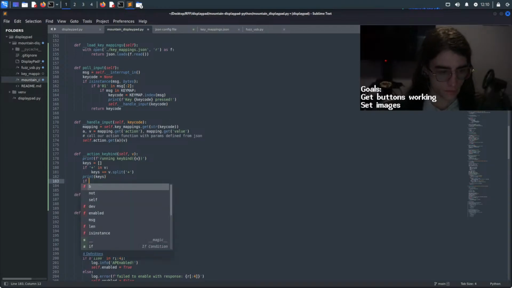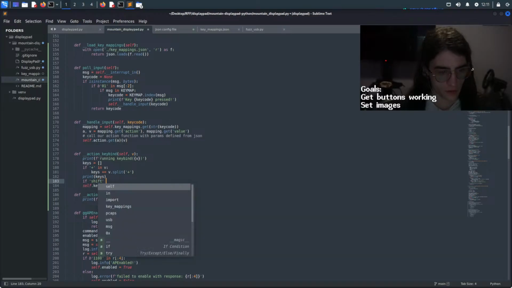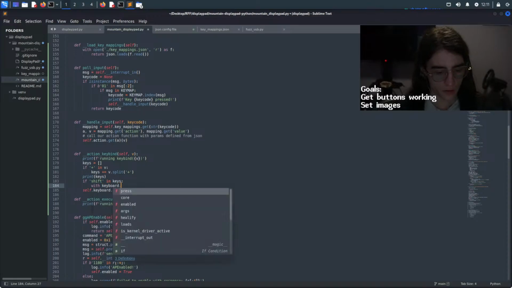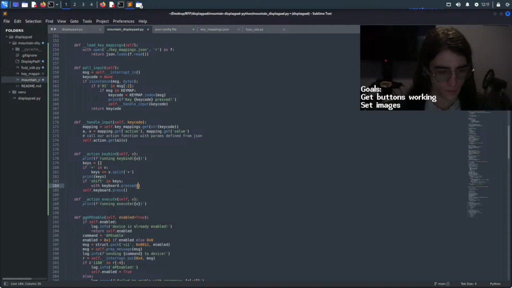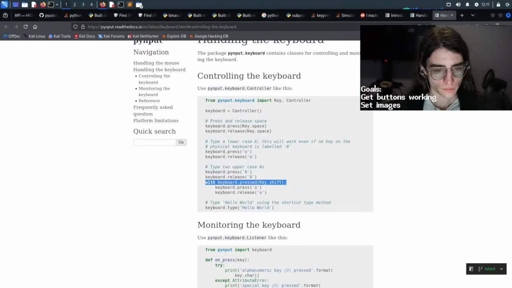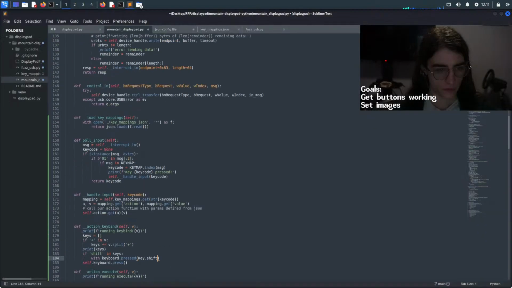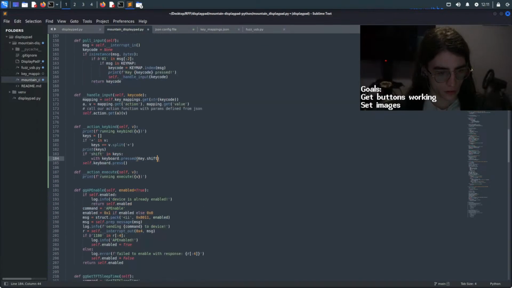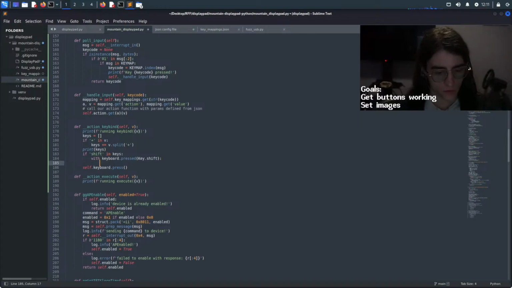So let's do if shift in keys, then we do with keyboard dot pressed key dot shift. Right? Keyboard dot press key dot shift. I've got that imported properly. Yes, import key. And then we do keyboard.press, and then I